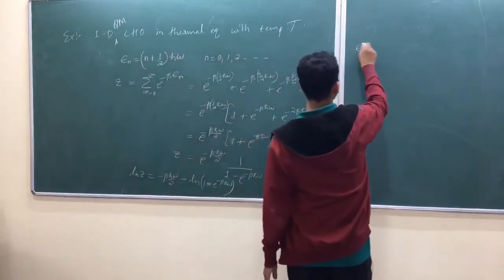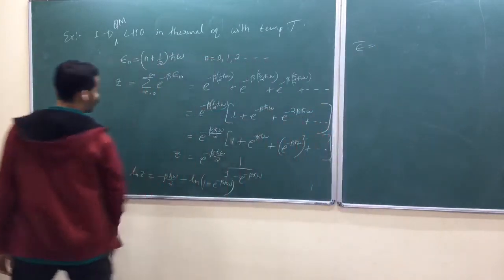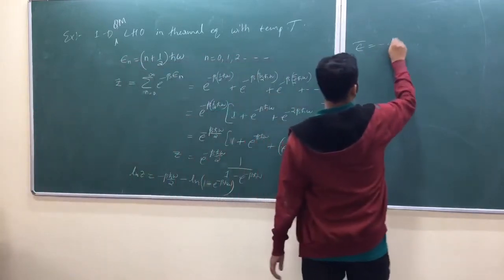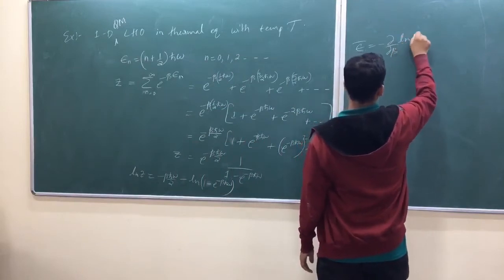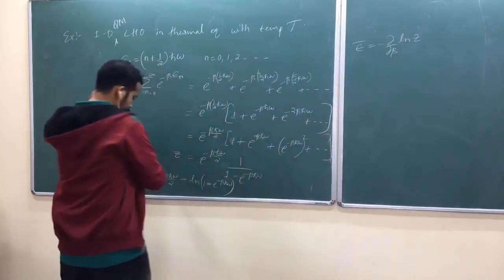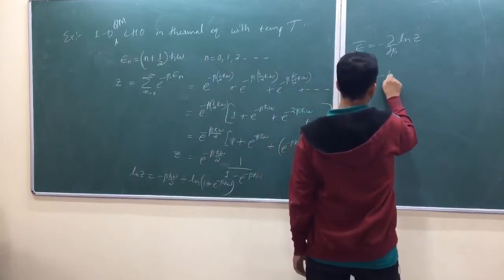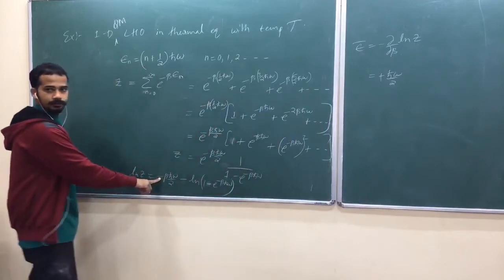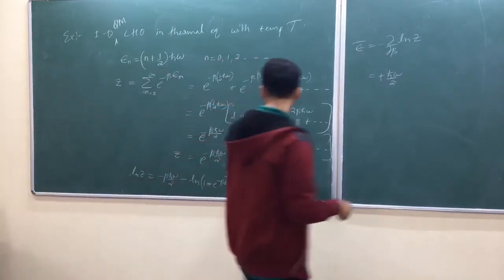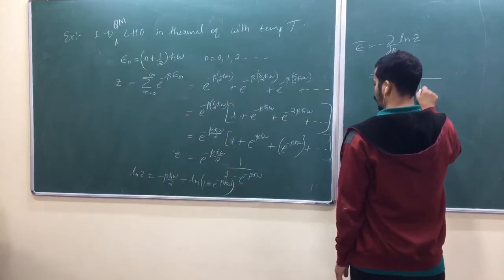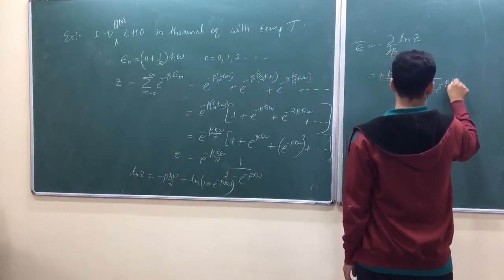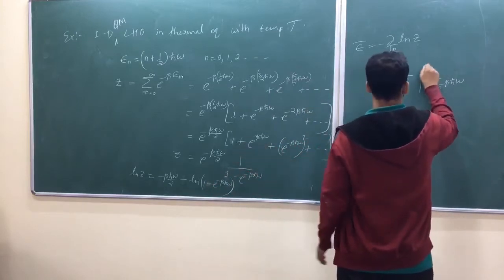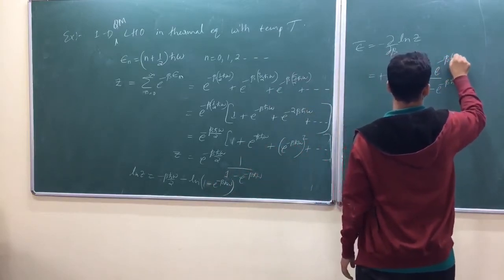Okay, what is the average energy? Look at here, I am using small e. Why? I am talking about one particle in thermal equilibrium with temperature T. So minus dou by dou beta of ln of z, am I right? So beta derivative, that is minus h bar omega by 2 minus minus plus, am I right? Minus minus plus, one more minus. So plus 1 minus e raised to minus beta h bar omega into derivative of this term, minus minus plus h bar omega e raised to minus beta h bar omega.